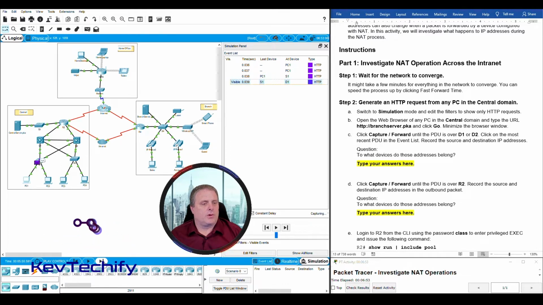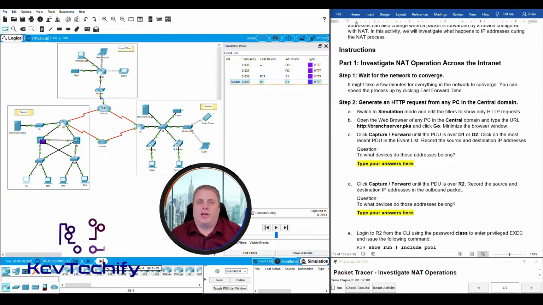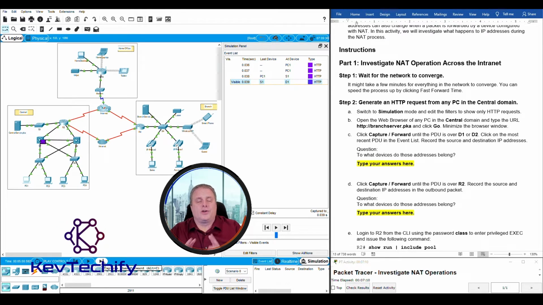Then I'm going to click forward capture. It's going to move from switch 1 to D1. Now you may have to click it a couple extra times. I only had to click it a couple of times, but you may have to click it 3 or 4 extra times. It may have to do an ARP lookup, or however the network is where you catch the timing. Once you get your PDU on D1,